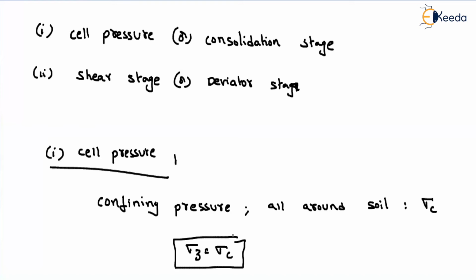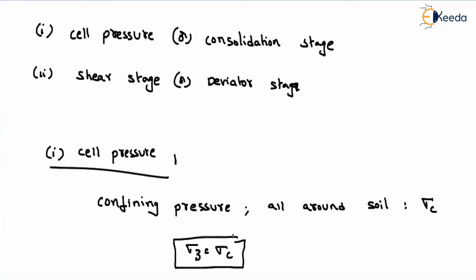In drained condition, the consolidation is completed when the pore water pressure stops and the change in volume of soil is equal to the change in water collected. So in general, we can conduct a drained condition or we can conduct the undrained condition. If you want to allow the consolidation, then we will keep our valves open and allow the water to escape through it. And then we will keep the valves open until the pore water pressure stops.